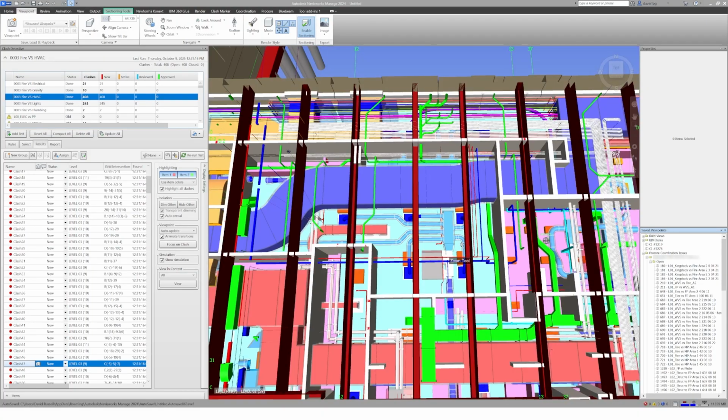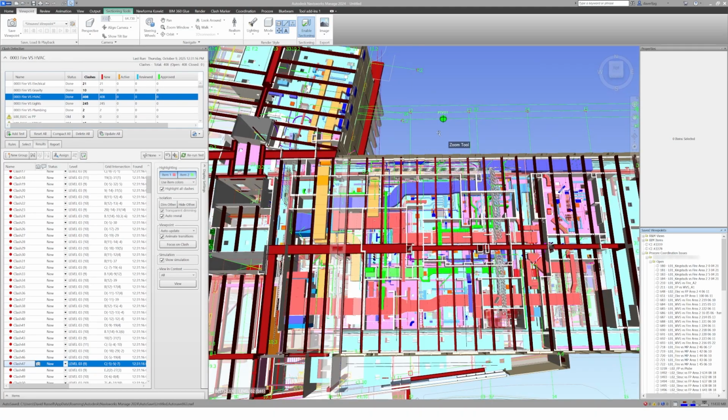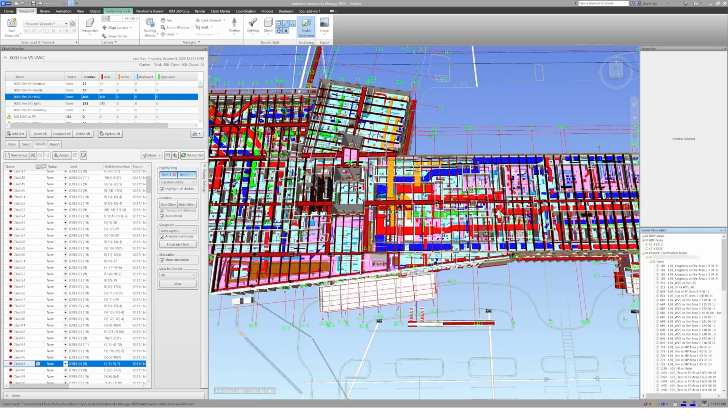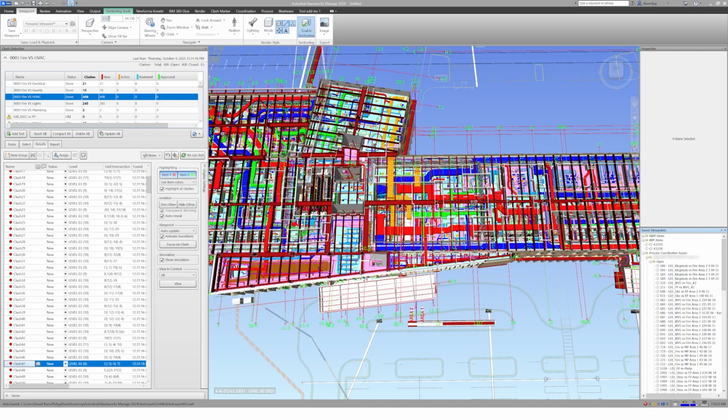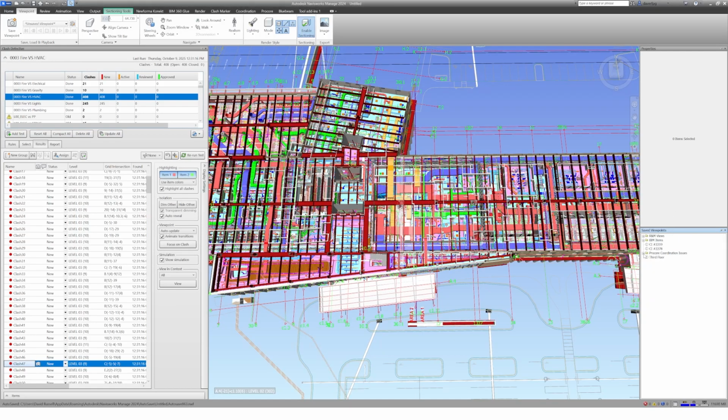Today I'm going to be demonstrating the new viewpoints marking with the update that we've put out in the new user interface. So you can get a lot more specific on what you want and what you're looking for. It makes things a lot easier to sort and determine your direction of clash resolution. And you can decide what you want to do at that point. But basically, I'm going to show you how to save viewpoints and mark viewpoints